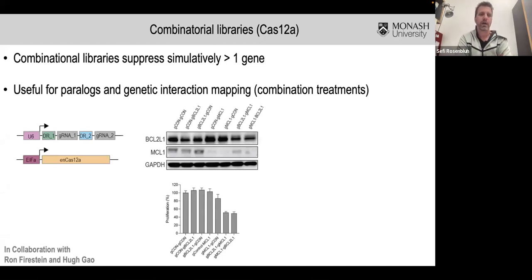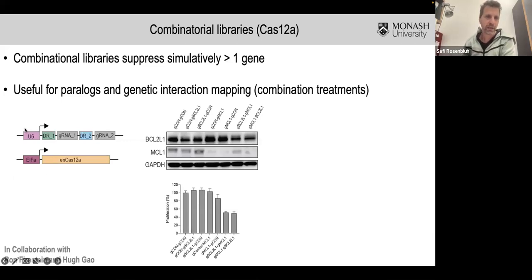How do we do this? Using typical CRISPR wild type, it's very difficult to do this. It's possible, but extremely difficult because you need 2 promoters and you have 2 guide RNAs that have a similar tracer sequence. That is very difficult to clone, very difficult to work with. But Cas12 is a different Cas enzyme, and the advantage of Cas12, as opposed to Cas9, is that Cas12 knows how to process its own guide RNA.